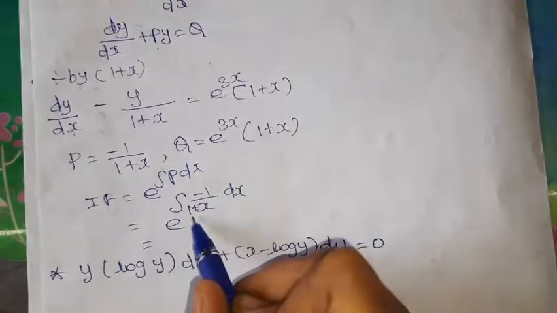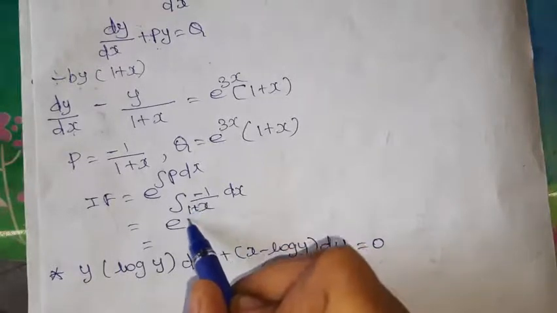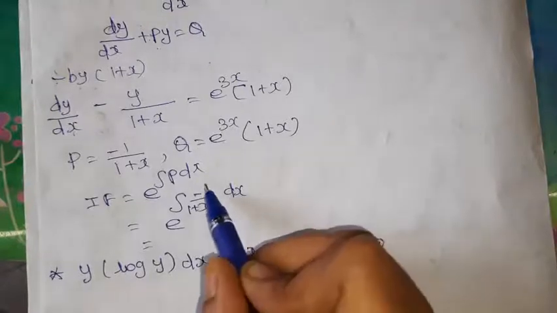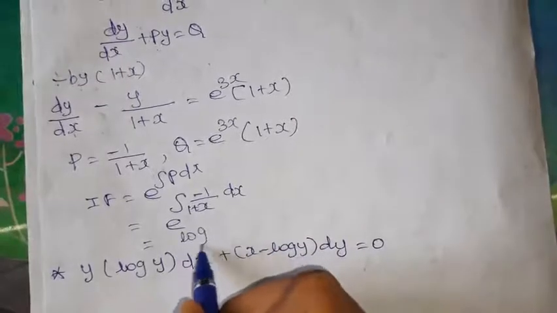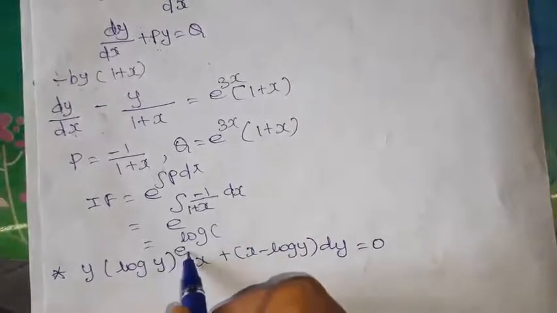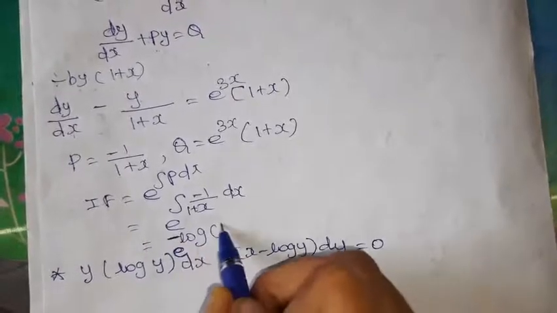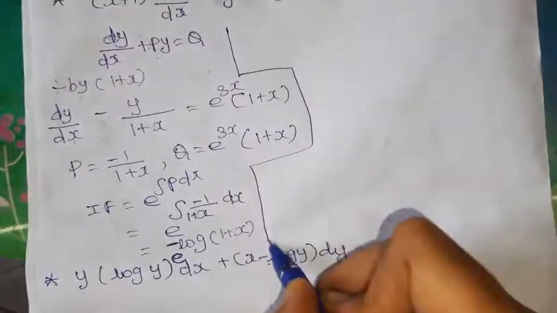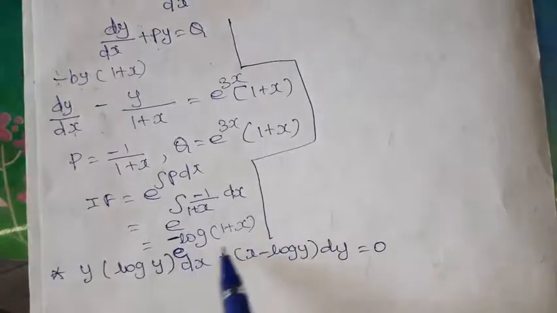See, what is the differentiation of this denominator term? The constant will give 0. When we differentiate with respect to x, we will get 1 only. So, 1 is in the numerator part. So, can we write like this, right? Log of, in e power P, don't forget this minus sign also, log of 1 plus x. This is the basic integration technique to solve this kind of integration, minus log of 1 plus x.